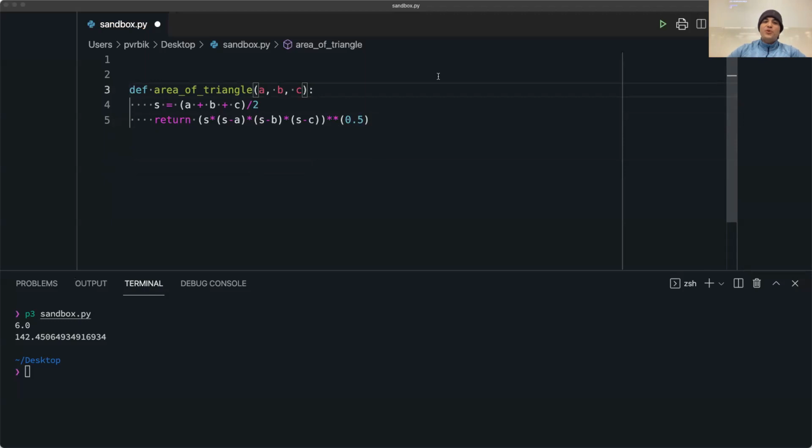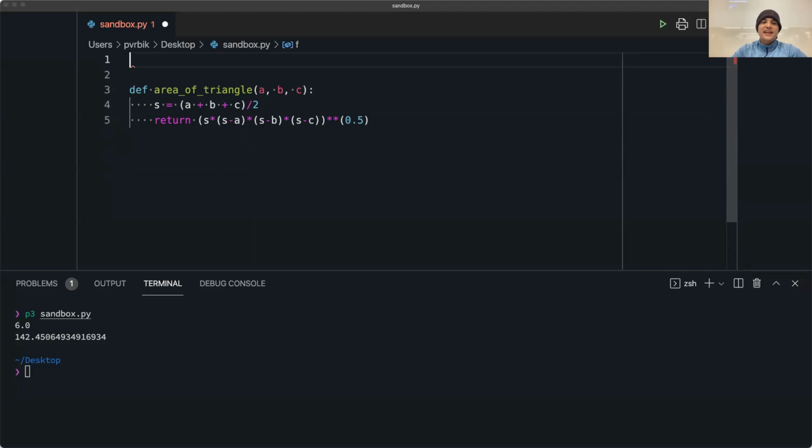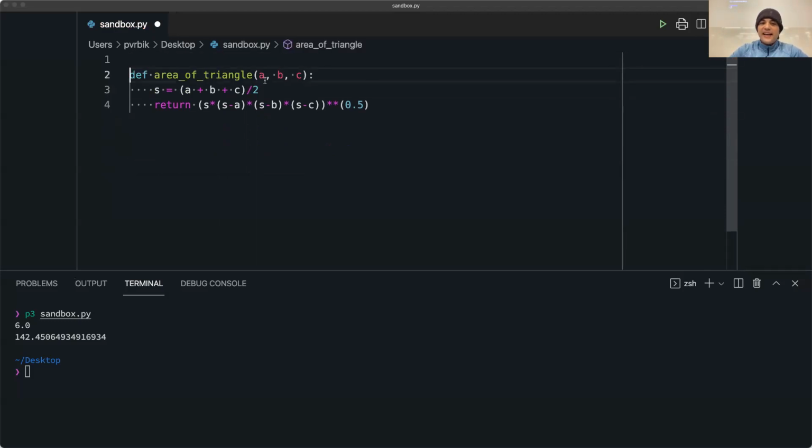In math, we would say something like f is a function that goes from the real numbers to the real numbers, x goes to x squared. That's how I'd write it. Domain and range. We want to be able to say the same thing here. It would be nice if I could say something like, well, I want to take a float, B should also be a float, C should be a float, and this thing should give back a float.